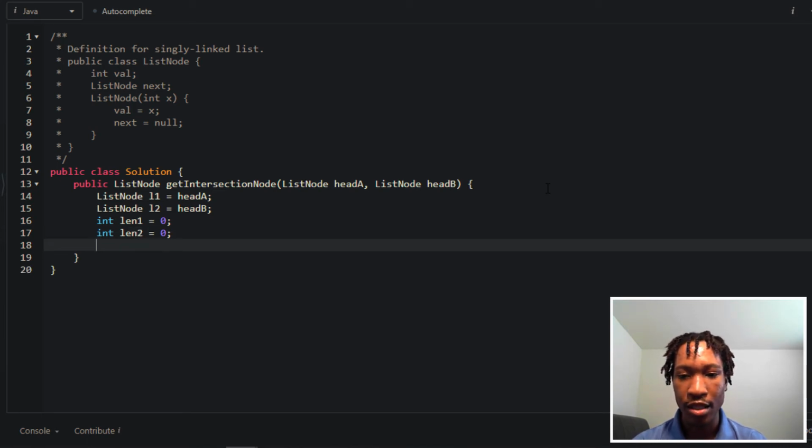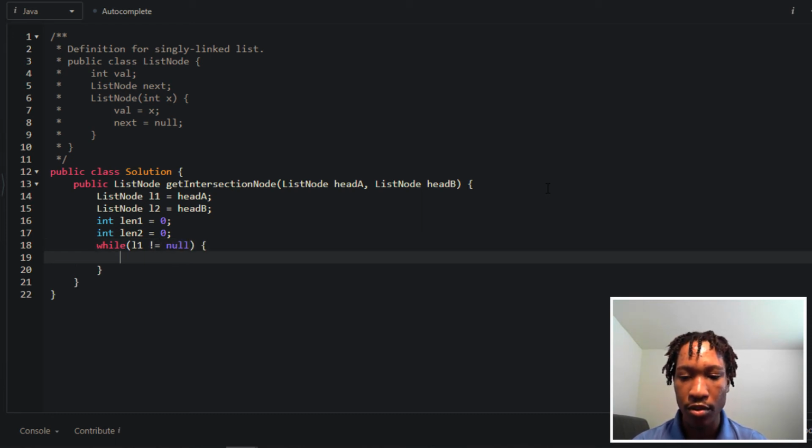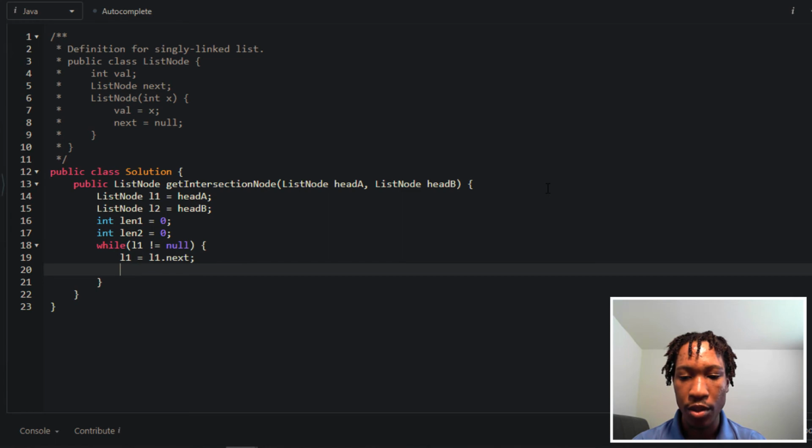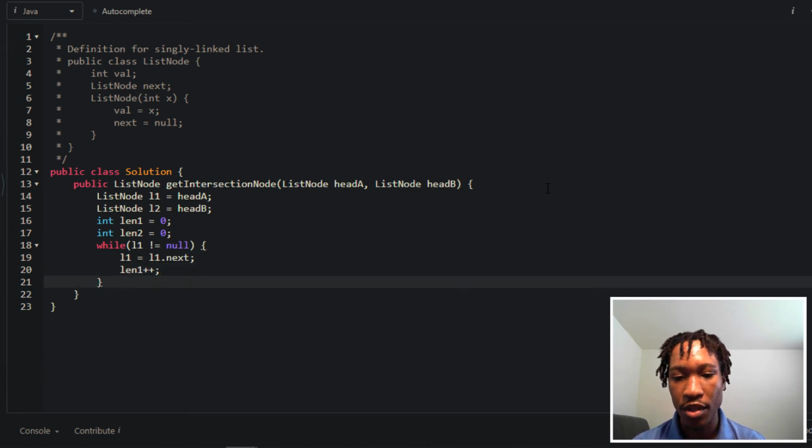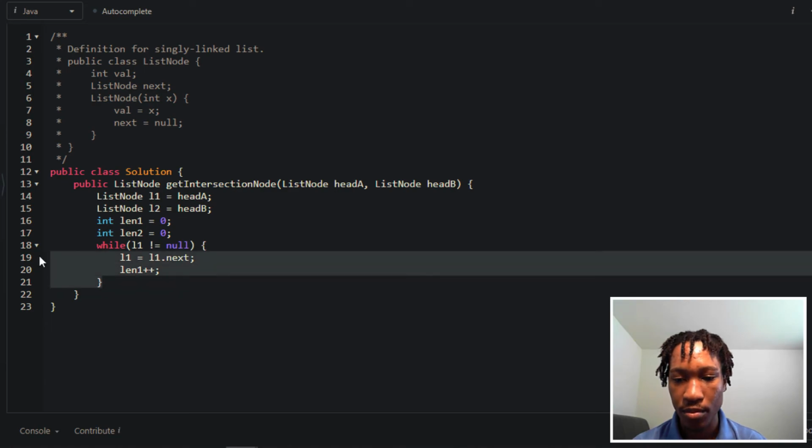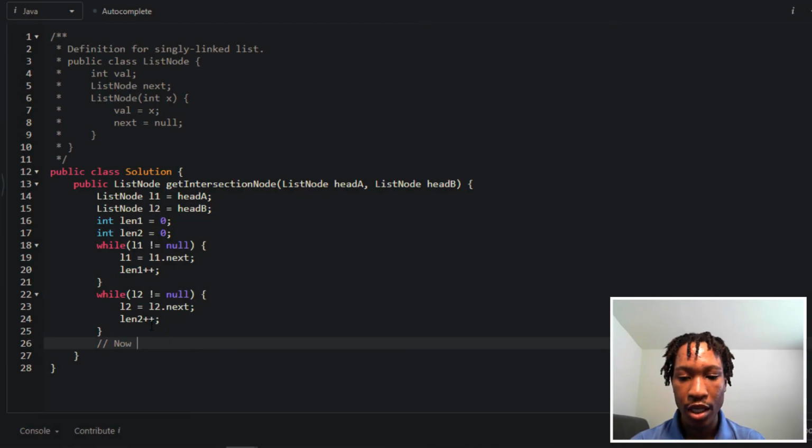And then we get the length of list 1. So while L1 is not equal to null, L1 equals L1.next, and then we increment len1. And then we do the same thing for L2. So now that we have the length of the two lists,